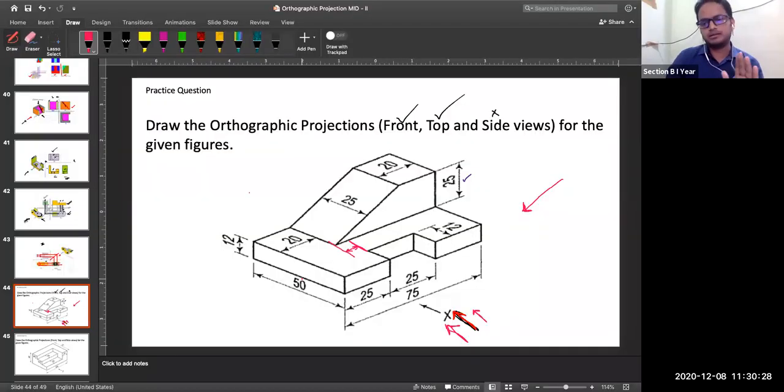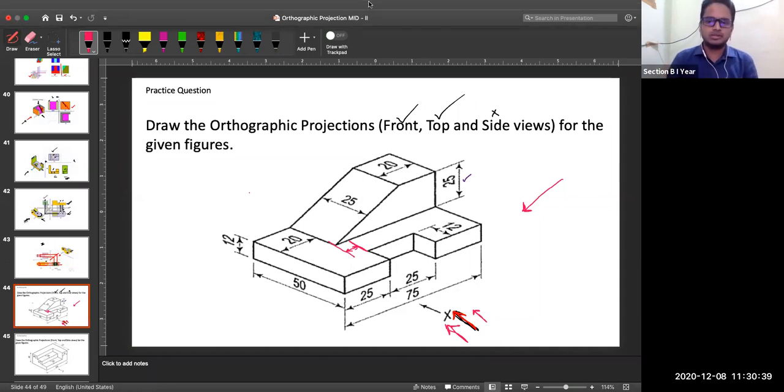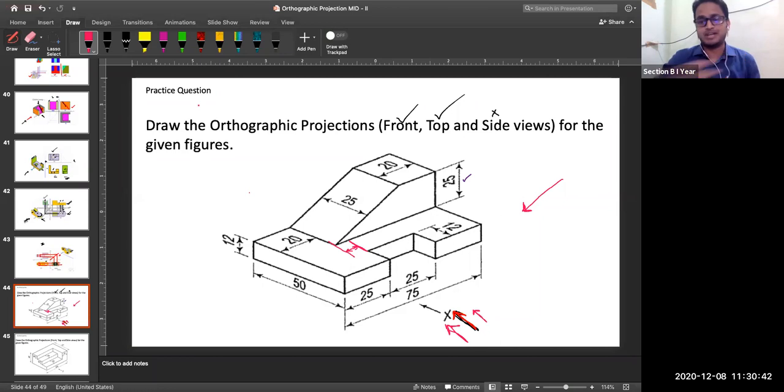One student has written, sir, we are understanding, but it is difficult to draw the views. Okay, but when seeing the diagram, we know the top view and front view. Okay, I will give you one tutorial for the solution to this problem also. So no need to worry. Just try. This is just an explanatory lecture. So you try to assimilate how to draw the views. Once you are able to learn how to draw these, I will provide the solutions also.